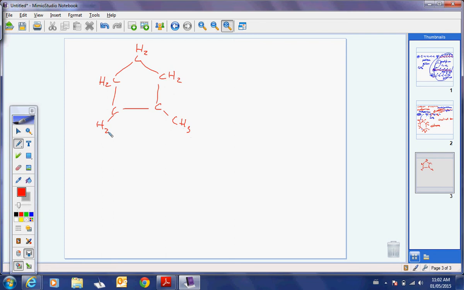So I built a little house, right? Looks like a house. You put a carbon on every corner, and that makes it C5. That's a nice, easy way of doing C5. Like C8 should look like a stop sign, right? So C5 looks like a house. So there's my C5 with a methyl on the side.